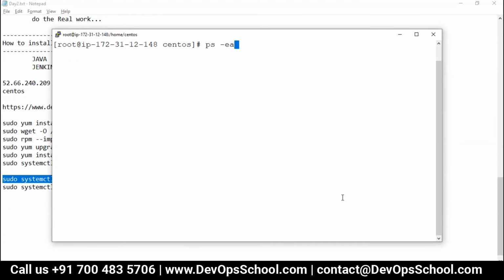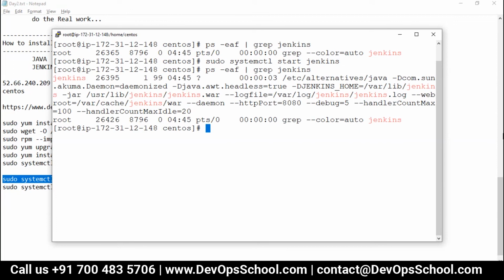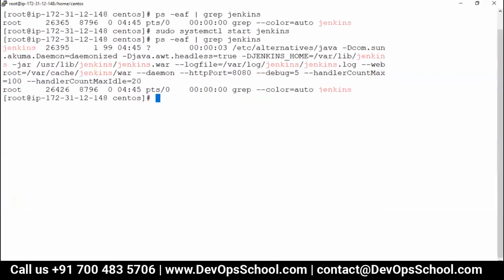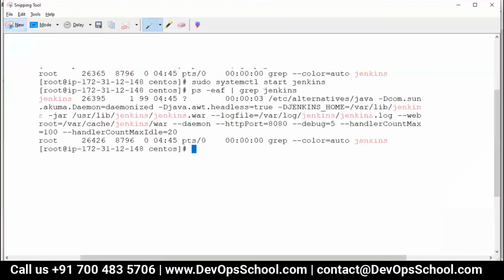So ps -ef grep Jenkins. See, that is not running. Now it is running. You have to look at this output here. This is the Jenkins home location where all the files of Jenkins will be stored.